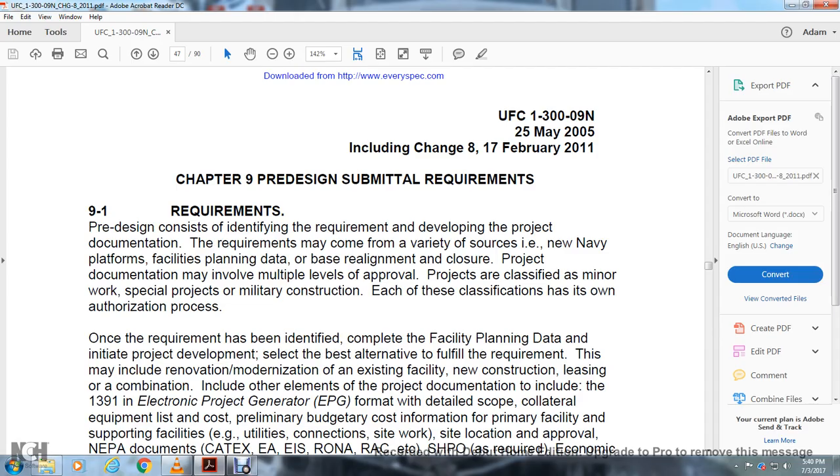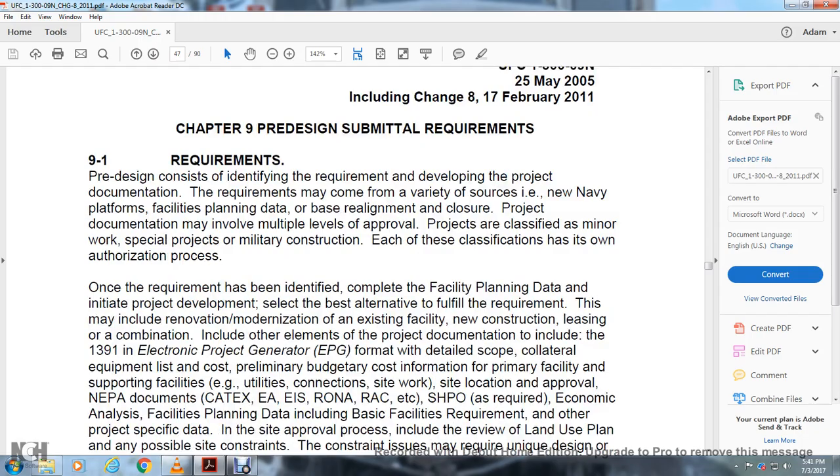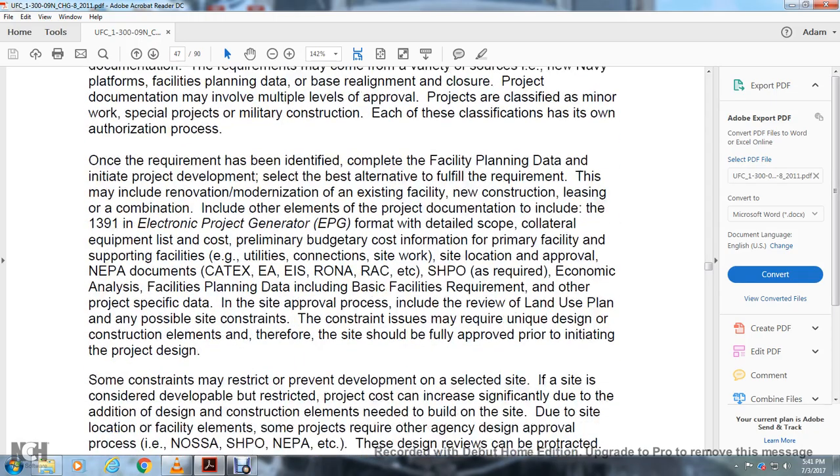Once the requirements have been identified, complete the facility planning data to initiate the project development. Select the best alternative to fulfill the requirement. This may include the renovation or modernization of an existing facility, new construction, leasing, or a combination. Include other elements of project documentation, including the 1391 Electronic Project Generator format with a detailed scale of the collateral